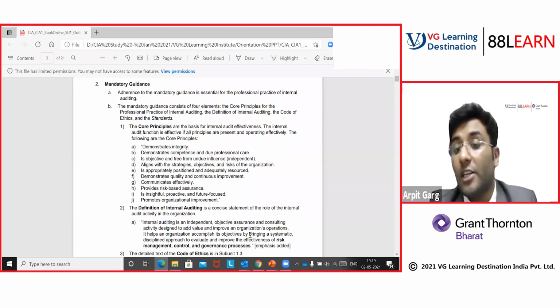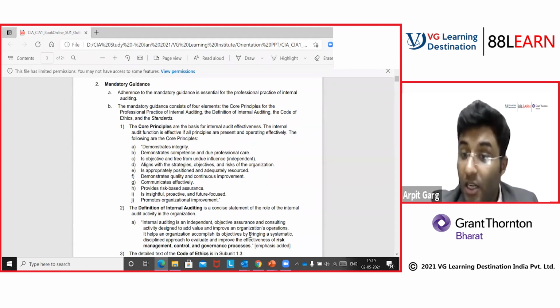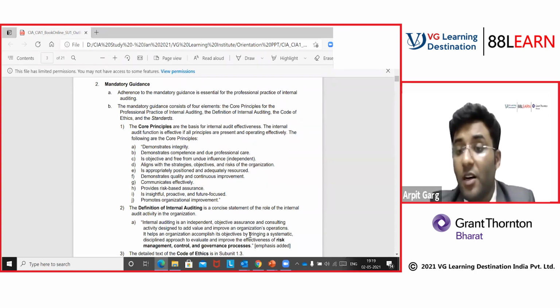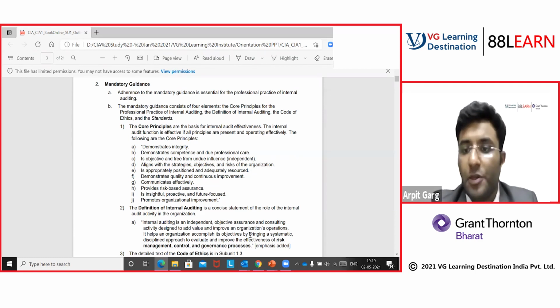And similarly, as part of the controls, we'll understand what is a control, and what the control types and frameworks are. We'll understand the application of controls for each different business process and value chain, which includes P2P, O2C, H2R, record to report, fixed assets, petty cash, and so on and so forth, in the finance area. We'll understand what the different controls are and what different areas can go wrong.